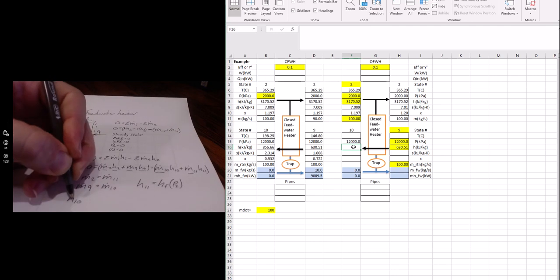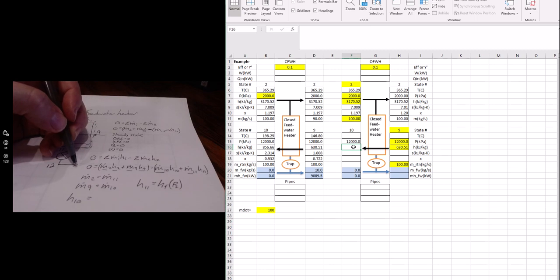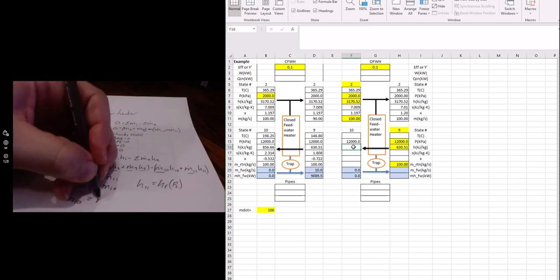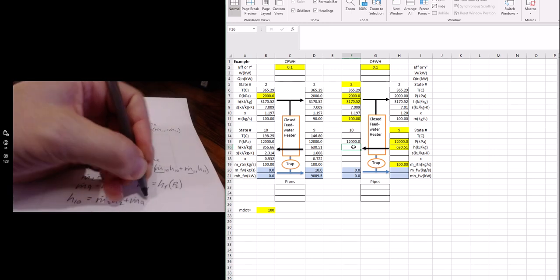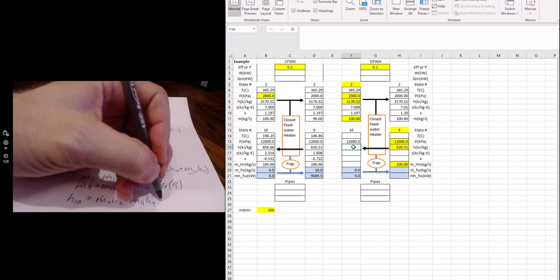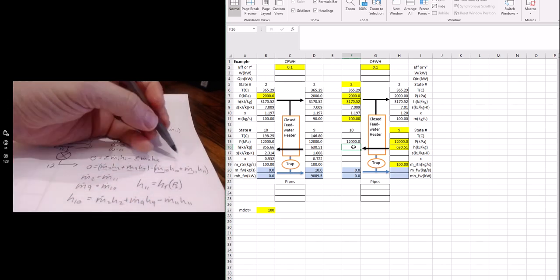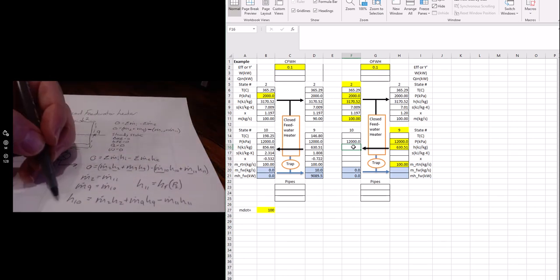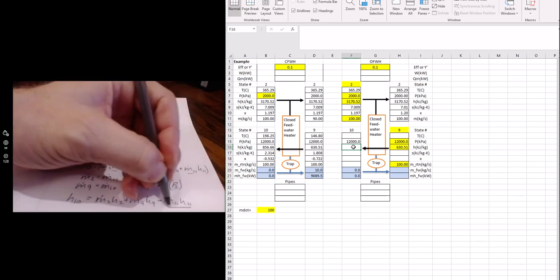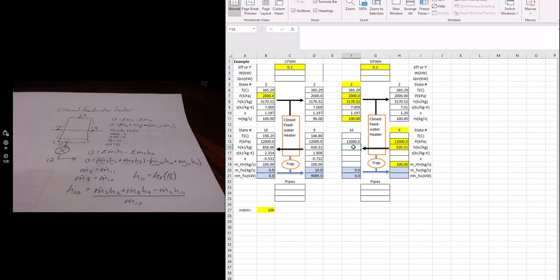So H10, if we bring that term to this side of the equation, it'll be positive. And so we'll write M2 H2 plus M9 H9 minus M11 H11, and then I brought this to the other side of the equation, so it really had M10 H10, so the M10 I'm going to divide both sides of the equation. So that should give me my H10, so let's try that. Equals